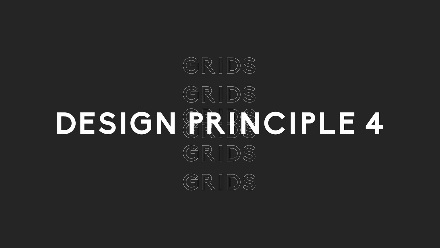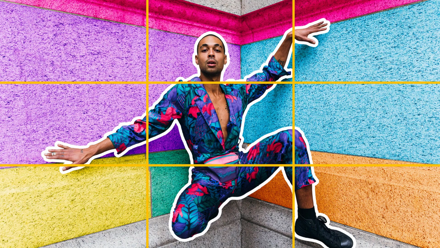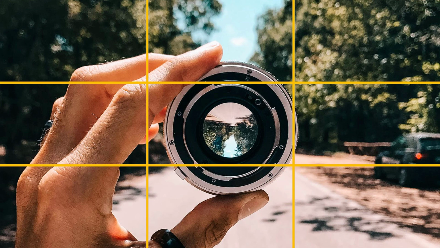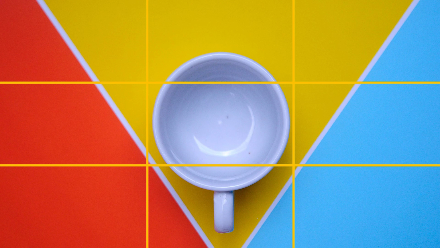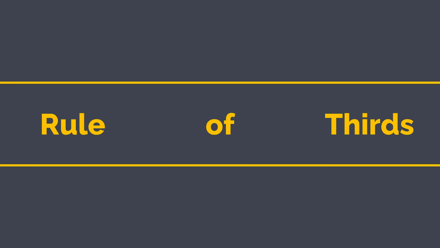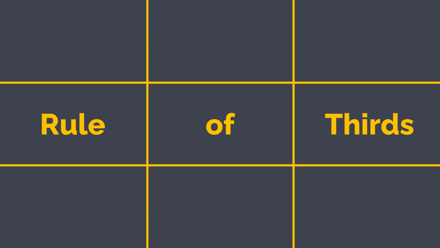Let's move on to design principle number 4, grids. Grids are a basic tenet of any compositional design. Artists, photographers, and graphic designers have long employed the rule of thirds to create balance in their compositions. The rule of thirds involves dividing a composition into a grid composed of 2 horizontal and 2 vertical lines, or